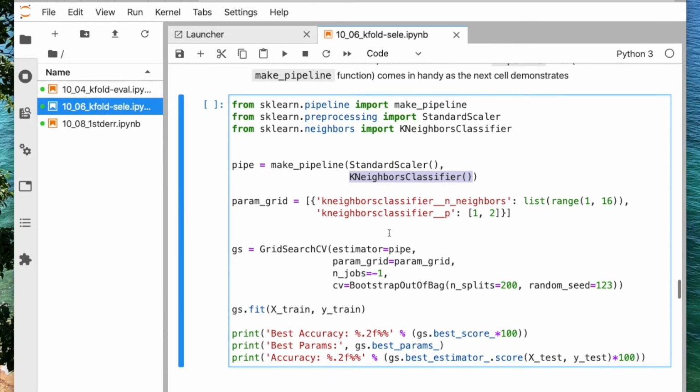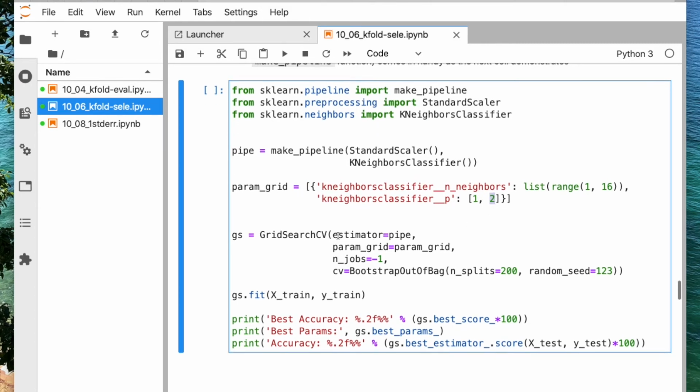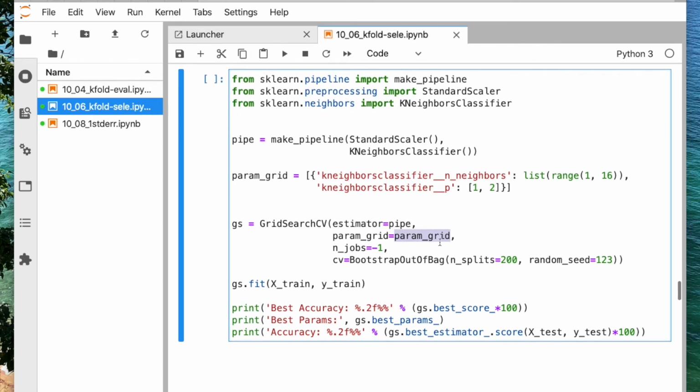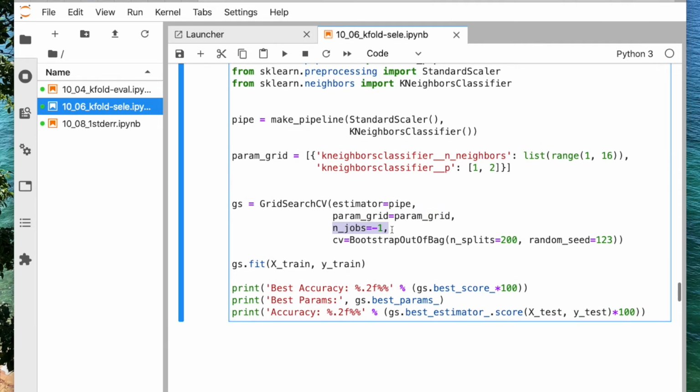And then we can tune the values for the number of neighbors. We can have multiple hyperparameter settings. Here I'm just considering the number of neighbors as one setting, and then P, that's the Minkowski distance, as a second setting. So 1 would be the Manhattan distance and 2 would be the Euclidean distance. And then I can use this pipeline as an estimator in grid search, use my parameter grid, define the number of jobs, and here I'm using Bootstrap out of bag, but you can also just use 10 for k-fold cross-validation,